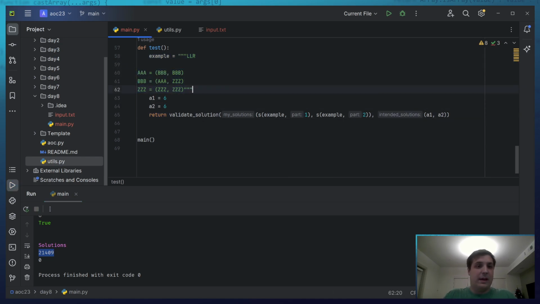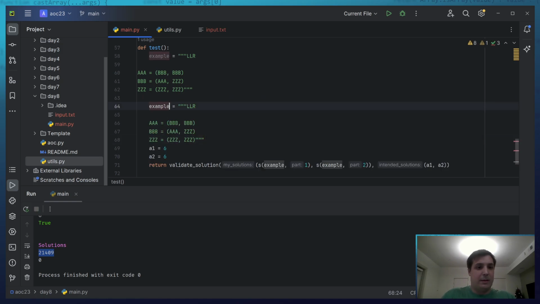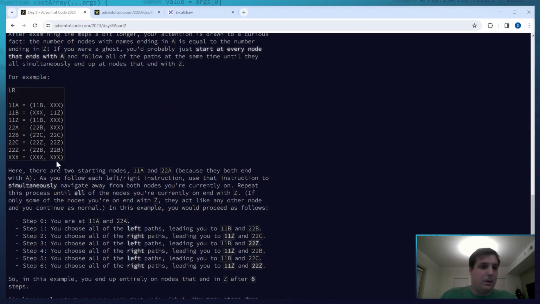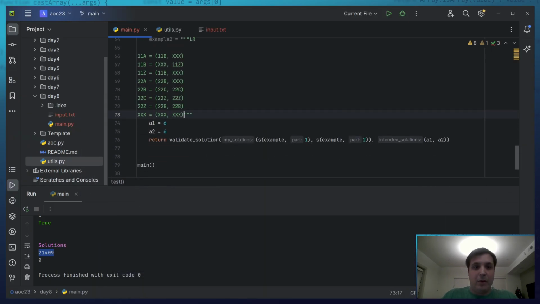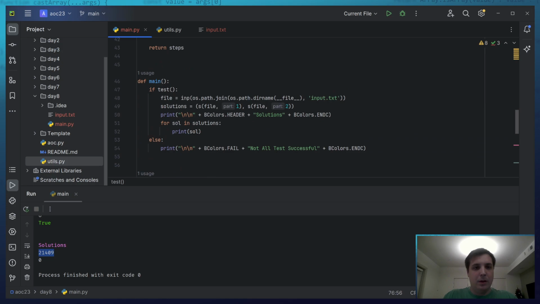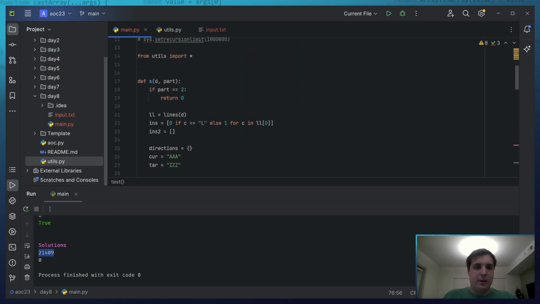So we have a second example. Example 2. Not gonna lie, the simplest thing I have right now is just brute force. That's what's coming into my head right now to get a solution for this.